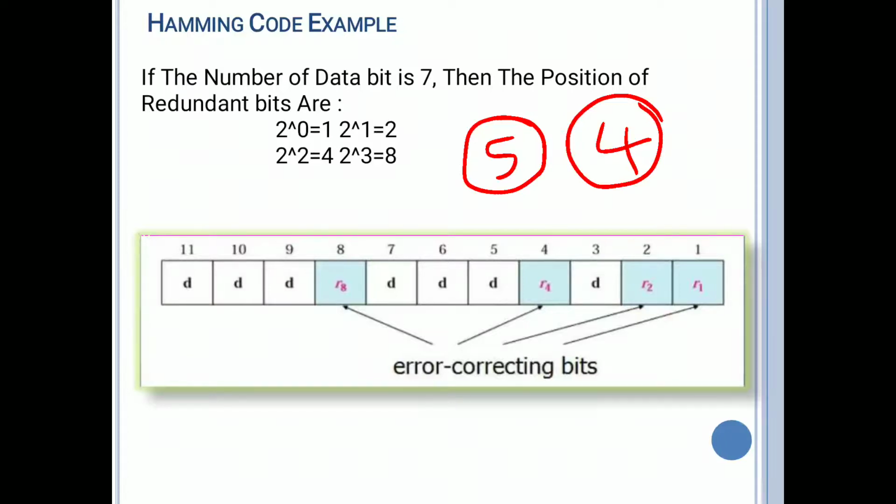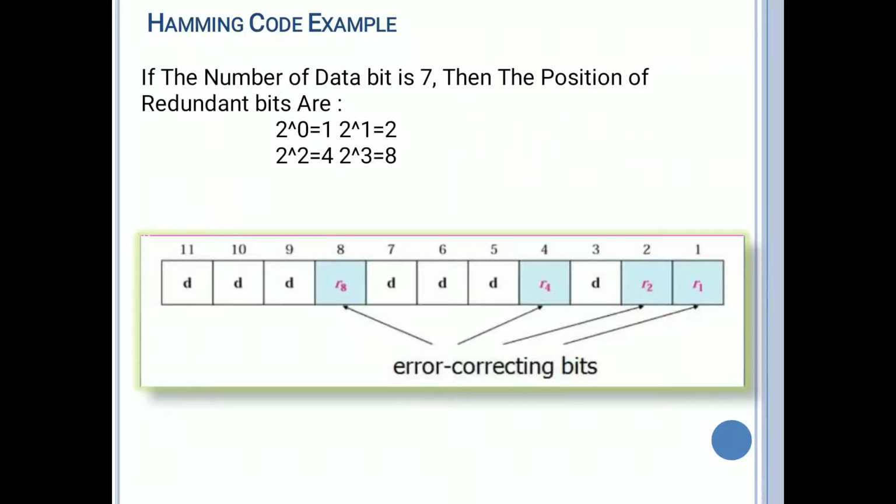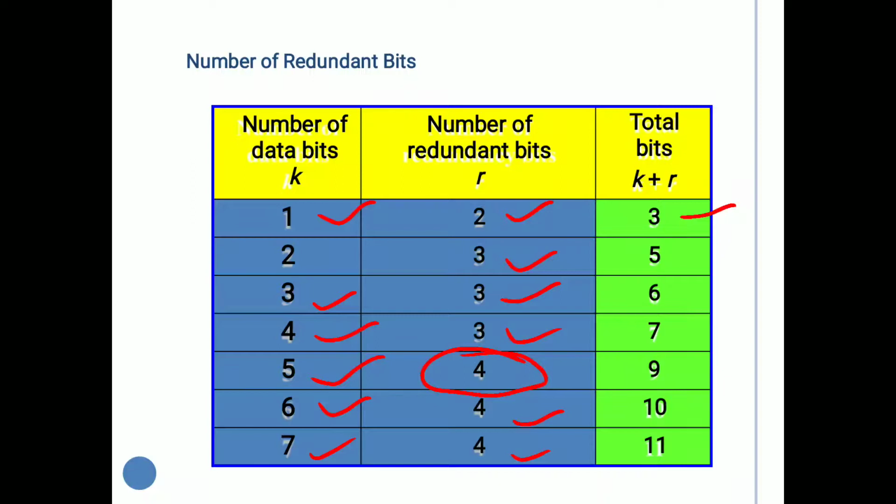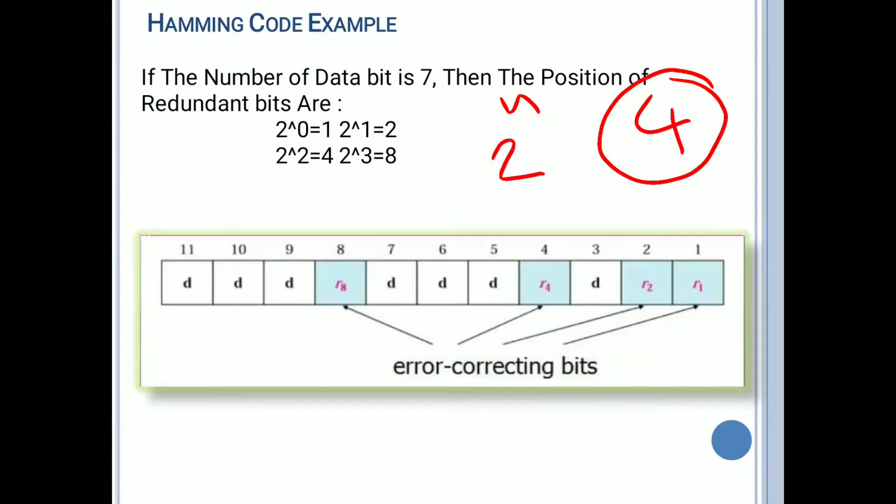The redundant bits are placed by using the 2 to the power of n concept. So the redundant bits are placed in the positions of 2 to the power of n. If you have 4 redundant bits, that means if the number of data bits in the original message is 7, then it requires 4 redundant bits. From the table, if you observe, 7 bits are there, then we need to append 4 redundant bits. So where we place these redundant bits means 2 to the power of n, where n is equal to